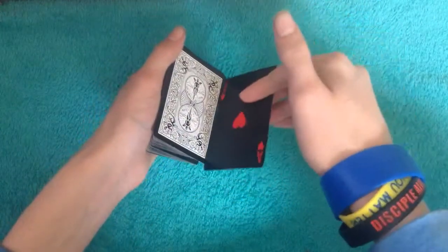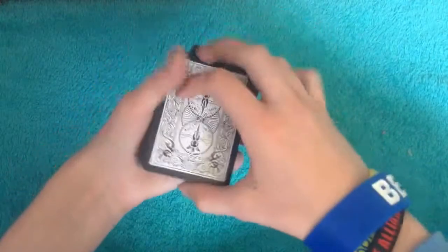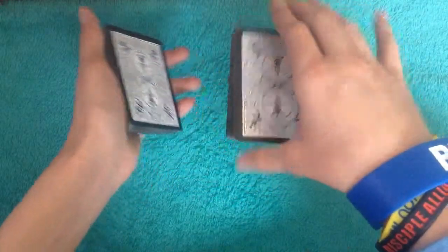So you can show it's not the top card again. You show it's not the bottom card. You'd have to move your pinky or your fingers. And I almost lost my break, but I think I still have it. Okay, yeah. Anyway, so you do the riffle thing a few times. You say, I think it's right, and then you pick up right there, and you say, I think it's right